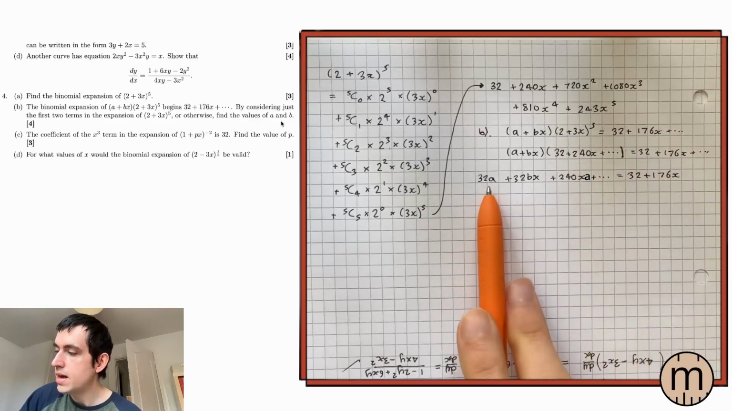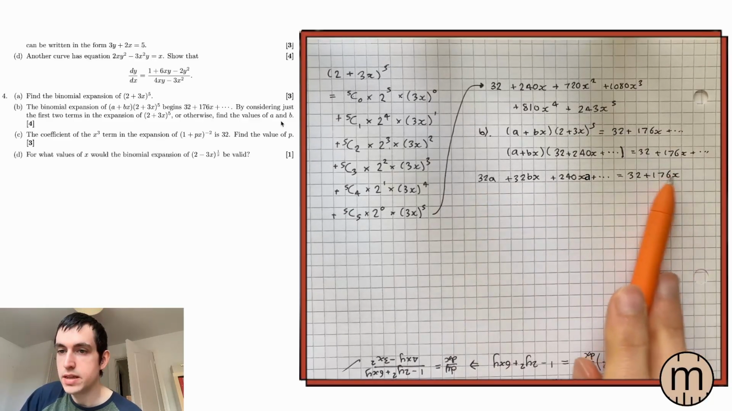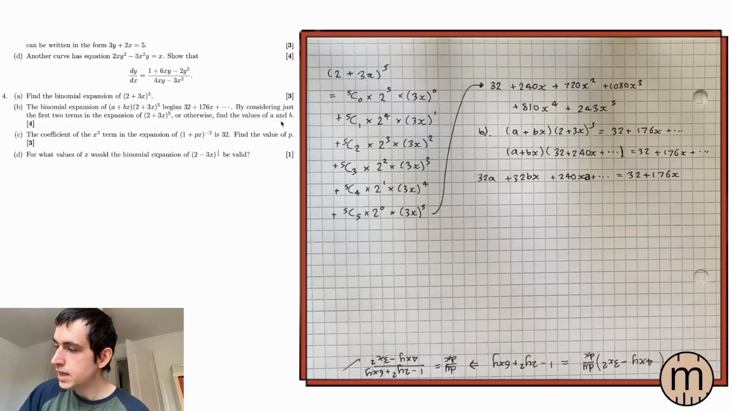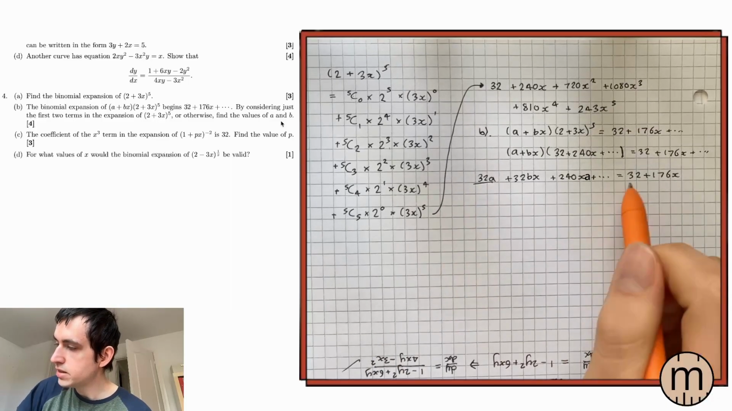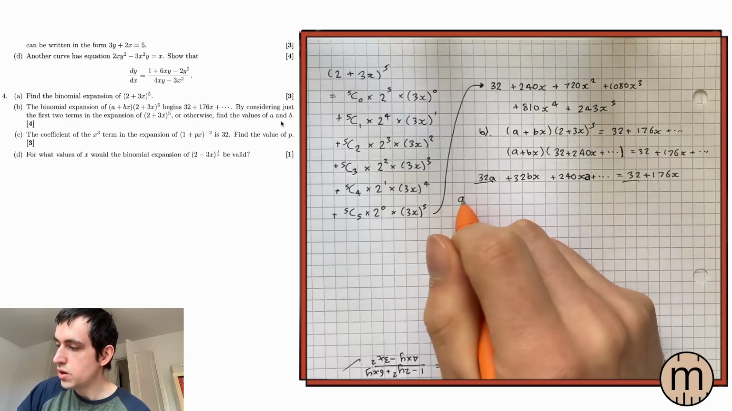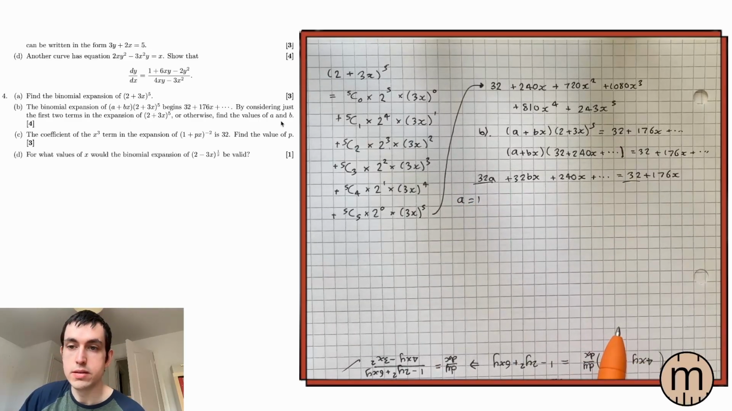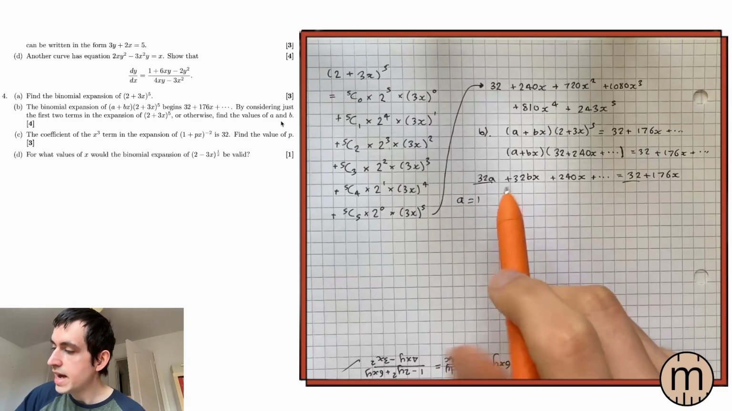All we need to compare are the constant terms and the x terms. Let's compare coefficients. 32a is a constant, 32 is a constant. Well, this just means that a must be 1. Now comparing x terms,